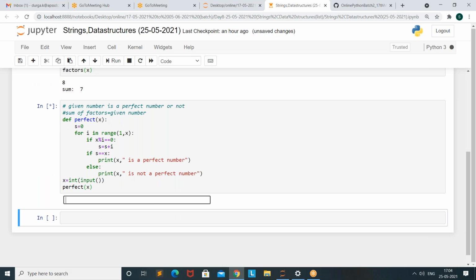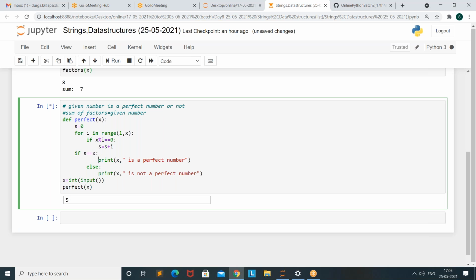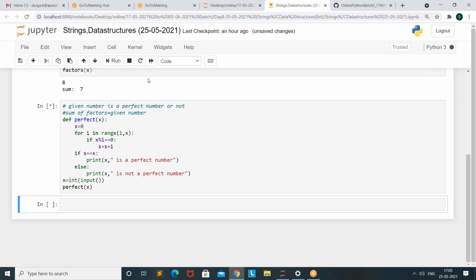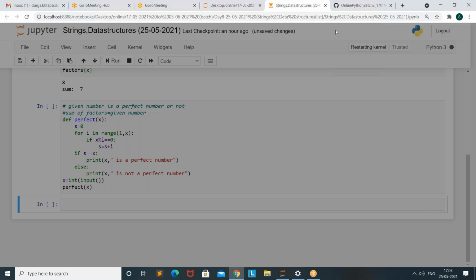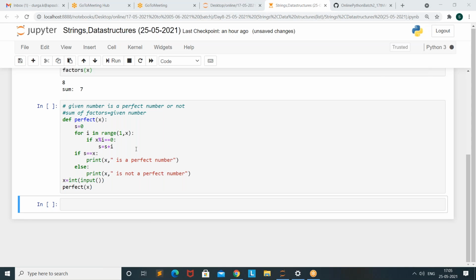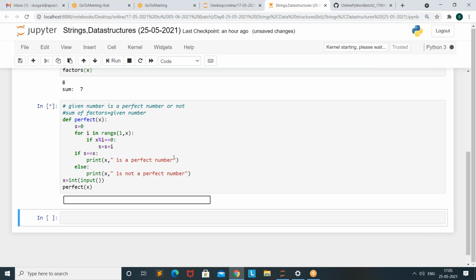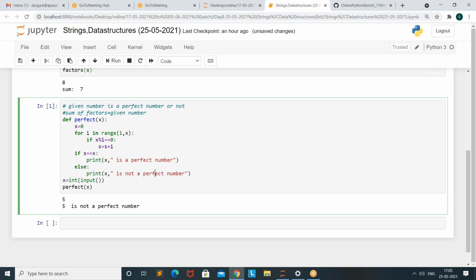So for example, I am giving 5. Is 5 a perfect number or not? No, ma'am. So it is not a perfect number.